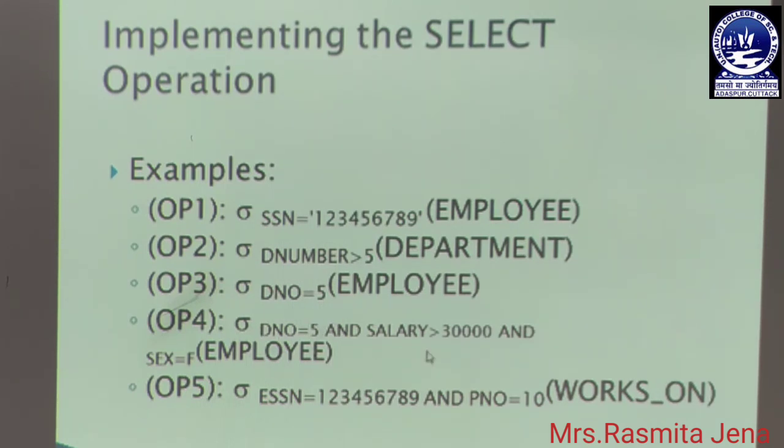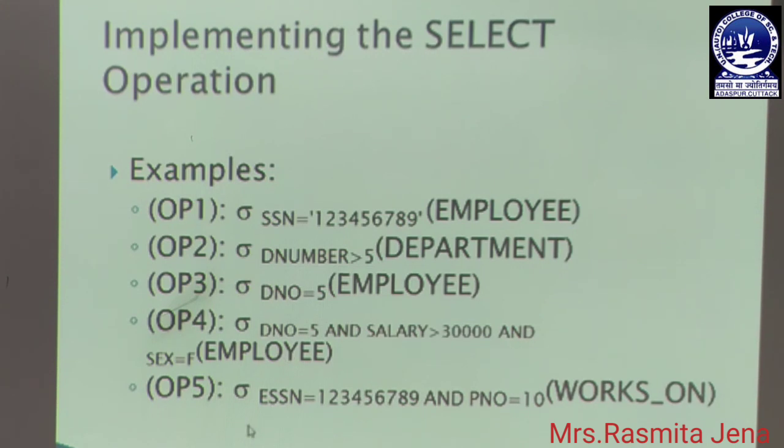You can see two conditions are there. Here you can implement S2 to S6. In this case, we may implement the clustering index, which is based on the non-key attribute with equality comparison, and this is the other condition. So, we first implement on this, that is sigma department number 5, and the salary greater than 30,000 and the sex is female. We first implement on this condition one of the algorithms from S2 to S6, then finally we will implement the conjunctive conditions over the employee table. So, this is the example for conjunctive condition.